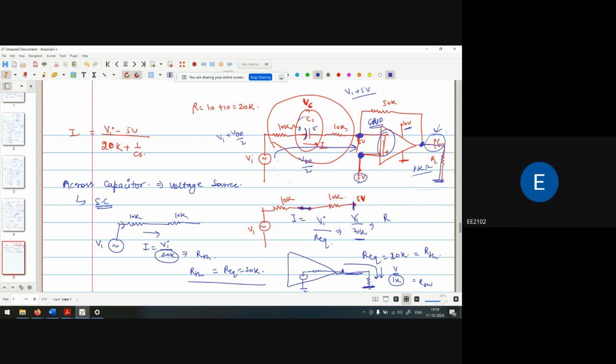Actually, basically, we are using one Vi plus Vdd by 2 at the input side, where Vi is the AC signal, the AC input, and Vdd by 2 is DC. So that's why what we do here is that